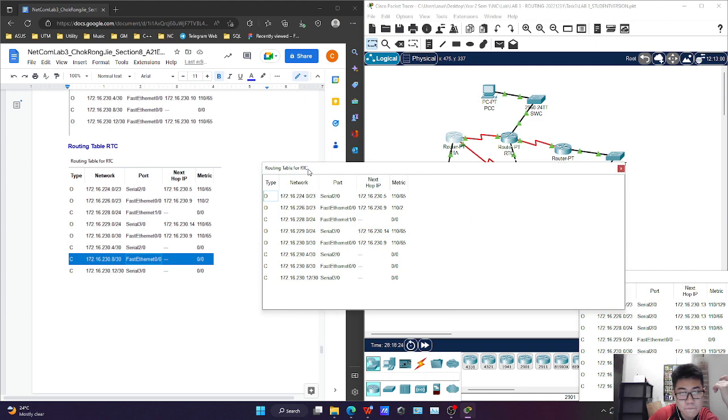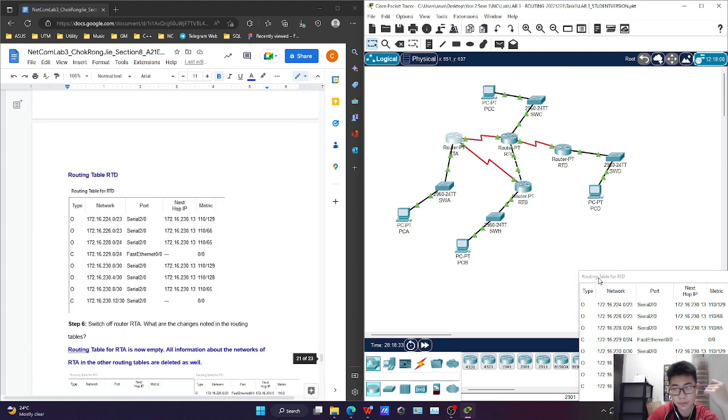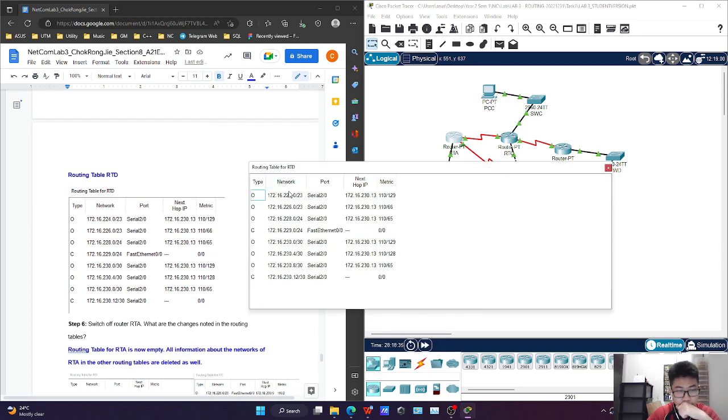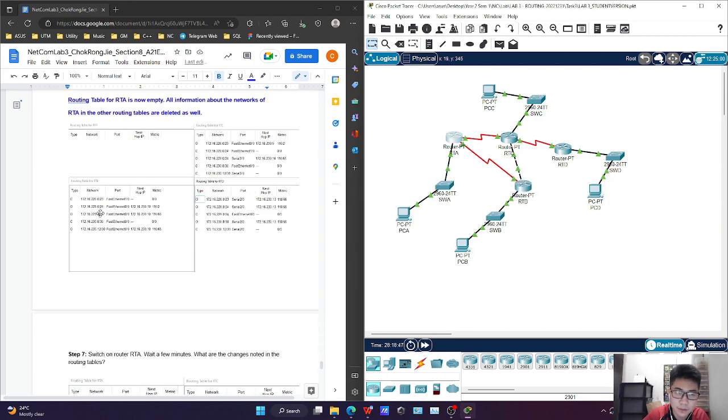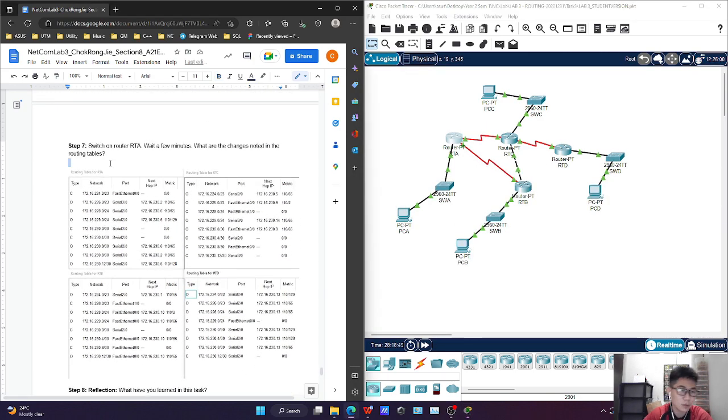RTC, same as the initial state. RTD now. Check through it. So there's nothing different between them. So we can say that